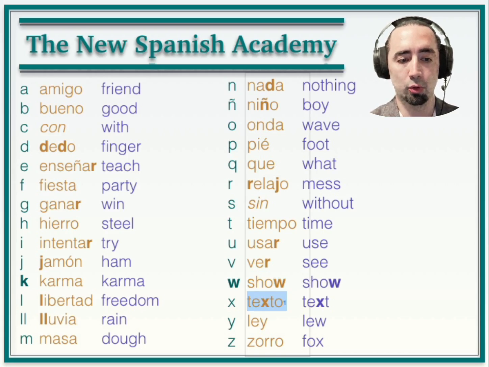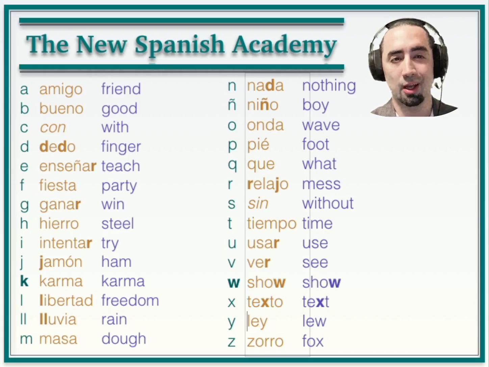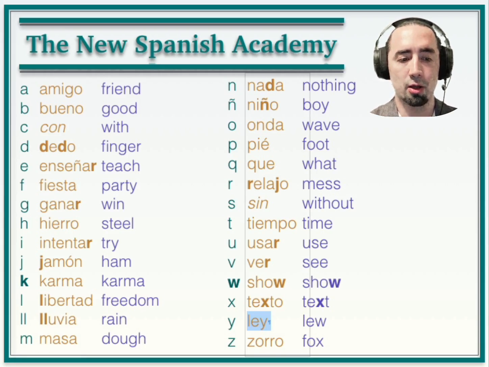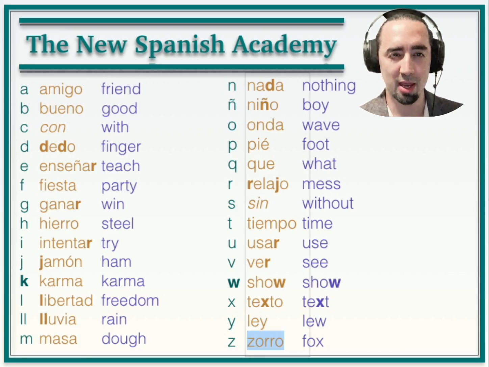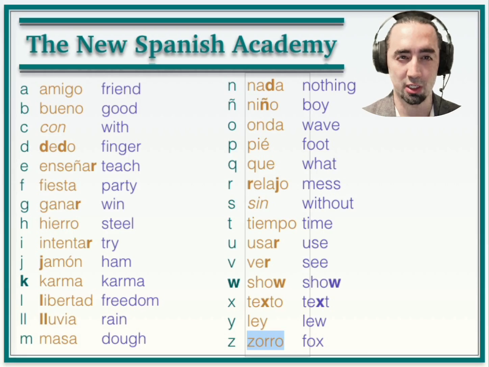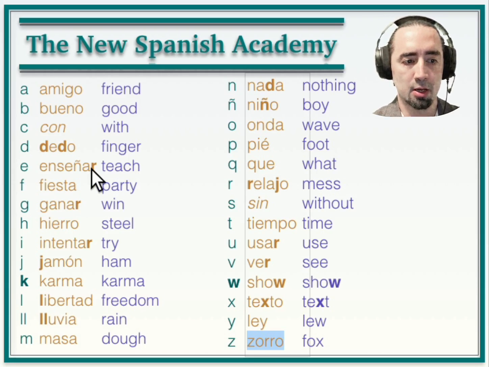Then we have texto. Text, texto. As you can see, many words are similar. Spanish and English words are similar. And then we have ley, law, and zorro. Okay, now if you're paying attention to what you are seeing in front of you, then you will notice that we have